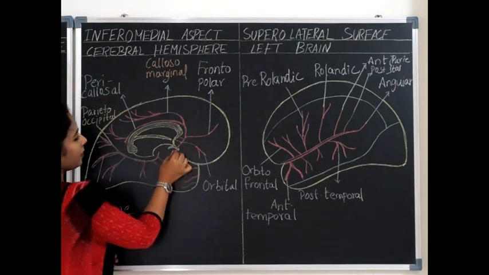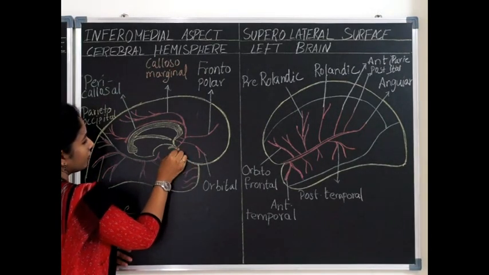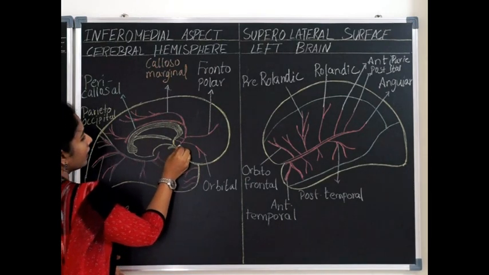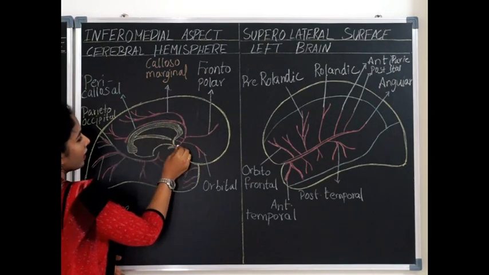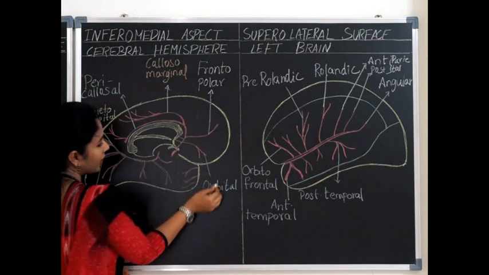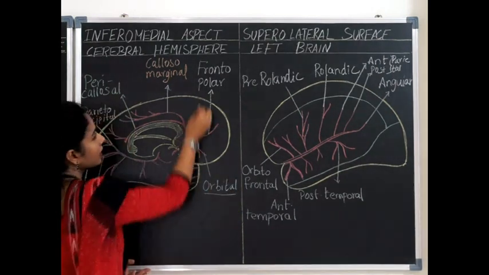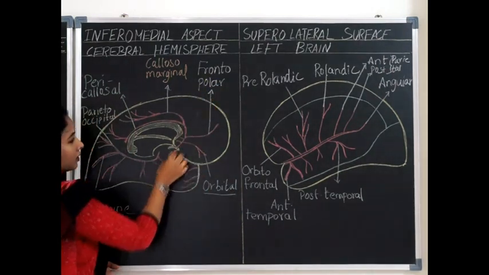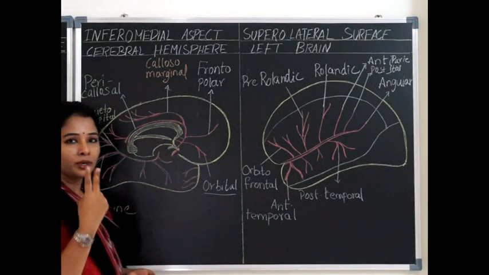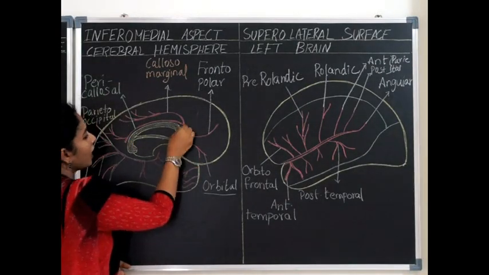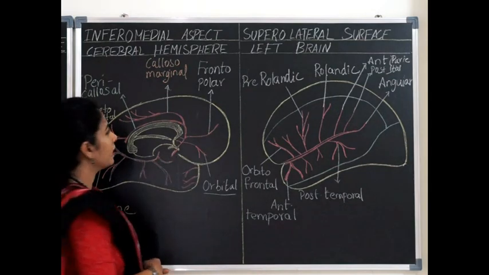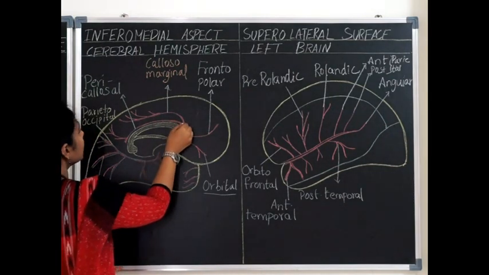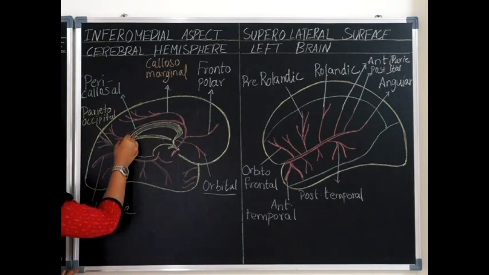When the anterior cerebral artery reaches the medial surface of brain, it runs along the corpus callosum and gives rise to a few branches called orbital branches and frontopolar branches. Finally, it terminates by forming two big arteries. The two larger branches of the anterior cerebral arteries are, one, the pericallosal artery,